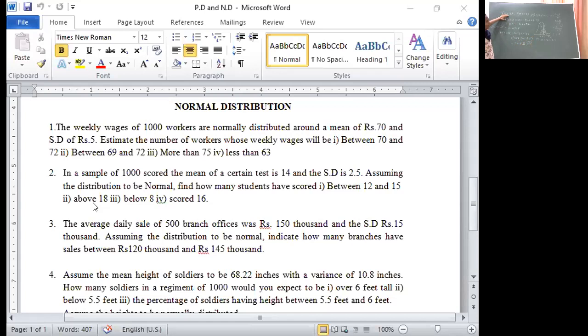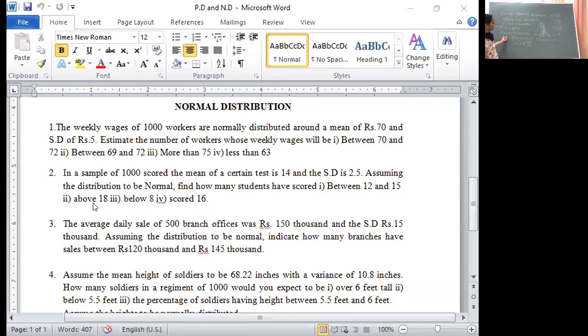Again, I am repeating. Probability of x greater than 18. Okay, substitute x value as 18 in the given formula. Then you will get 1.6. Is it a positive value? Yes, positive value. That means it lies on right tail. 1.6 to plus infinity, this region I need to find out. That means entire right tail is 0.5, that is 0 less than or equal to z less than or equal to infinity. This portion is repeating twice. That's why we have to exclude that portion, 0 to 1.6. 1.6 value from normal distribution is 0.4452. Then you will get this value.